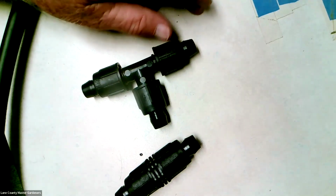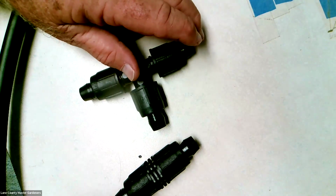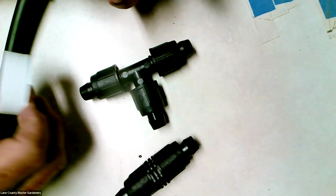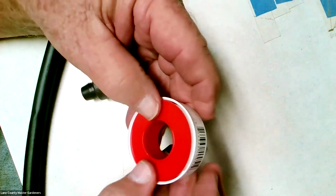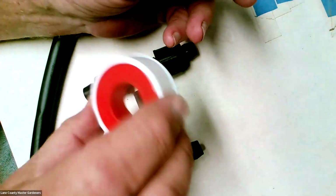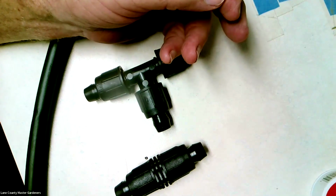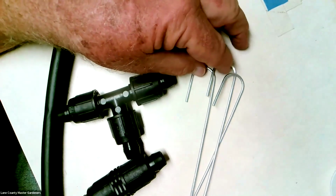The other thing I wanted to say was when you're connecting using pipe threads, you should use this type of synthetic tape. You don't need that when you're using hose threads, but you do need it when you're using pipe threads to just keep things from leaking. And here's some example of your landscape